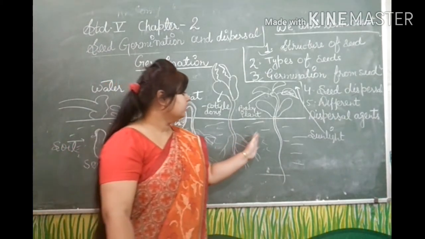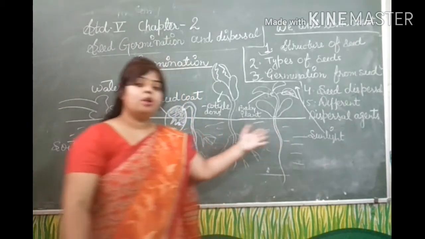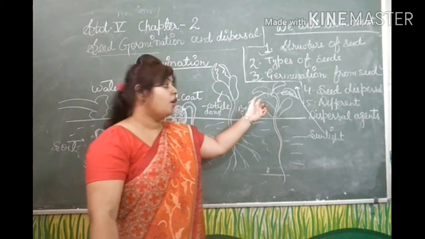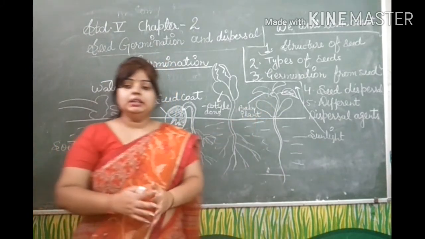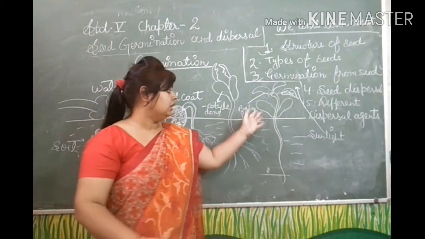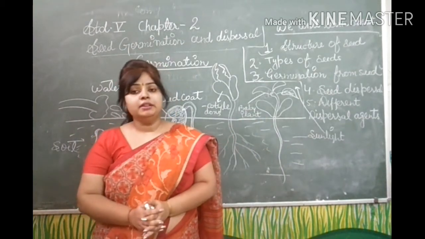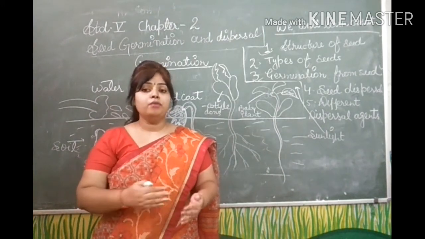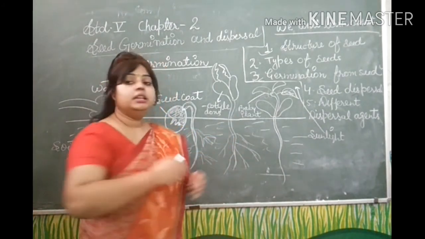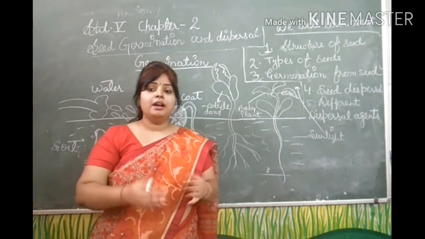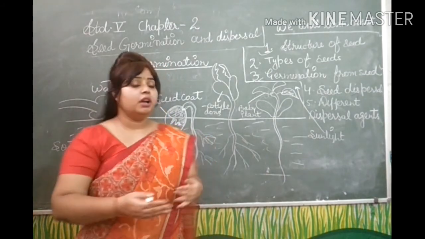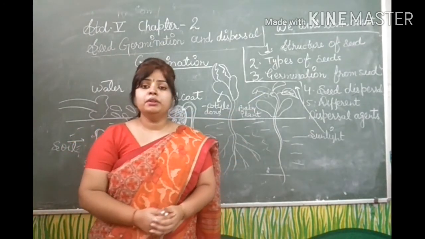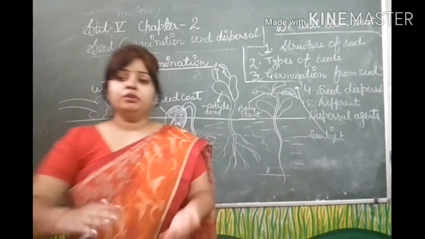After that point, when they get the proper amount of sunlight, the leaves arise from the upper side. When the leaves arise from the seed, that means the baby plant is ready for the preparation of food with the help of photosynthesis. Leaves are the indication that the plant is ready to prepare food. And leaves have chlorophyll, and chlorophyll is very important for the process of photosynthesis.